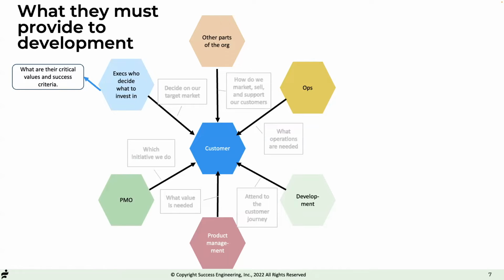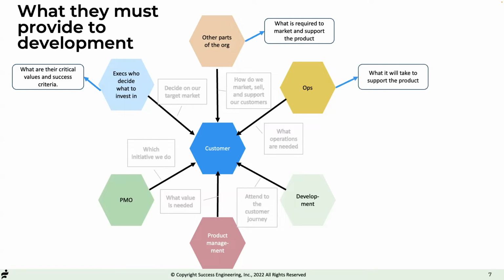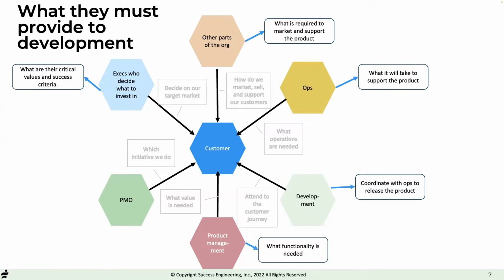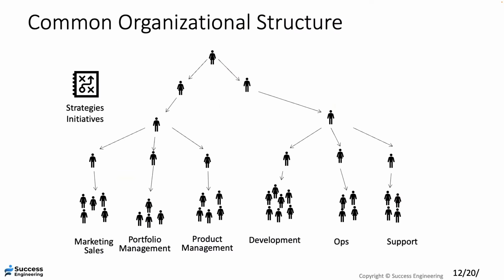So I'll say, what are the critical values? You know, what's required to support it? This is what you have to provide to the development out of what you're looking at the customer. You know, they have to coordinate with ops to release the product. So there's a lot of information. It's a two-way street between each of these. Now, I don't mean to imply that everything is looking at the customer and then centered around development. I really, in a sense, could have diagrams for each one of these, because there's a relationship between each of these hexagons to every other hexagon. I'm just trying to focus on this. So be clear, this is a focus, this is a subset of things. Okay. We've got to look at the relative importance of things.